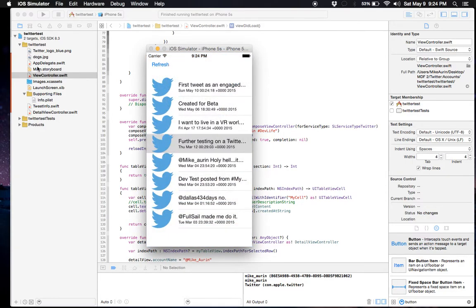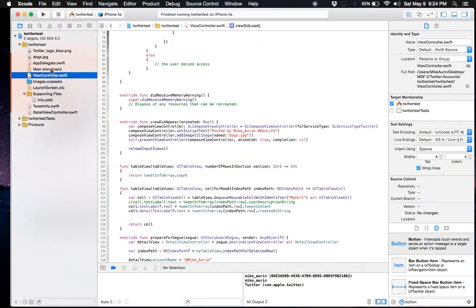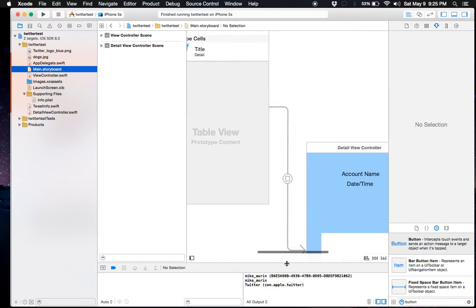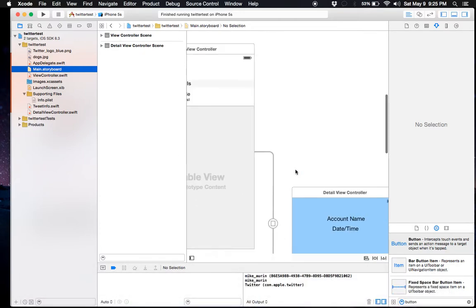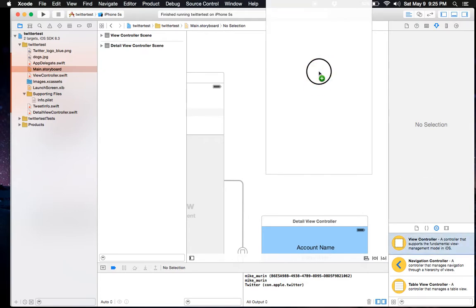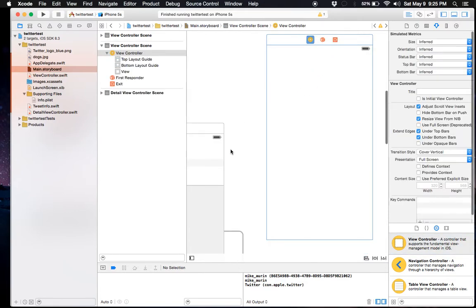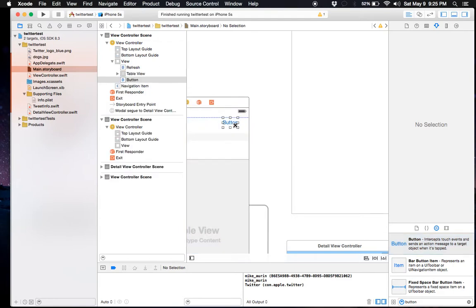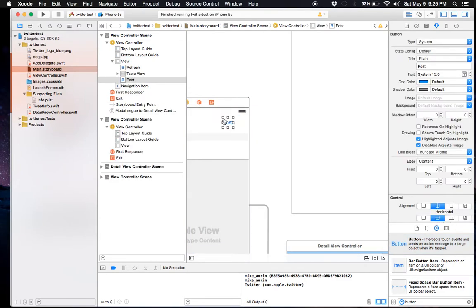I'm going to demonstrate this real quick because I ran into an issue. I'm not quite sure what's happening. I wanted to have the pop-up for the Twitter posting in a separate window. Obviously, that's part of the instructions. But when I try to create a view controller, I clicked and dragged it over there, threw a button here, just post one there. And whenever I try to create the segue,